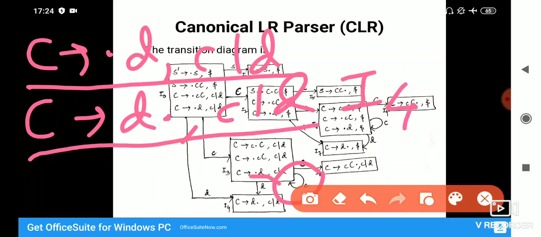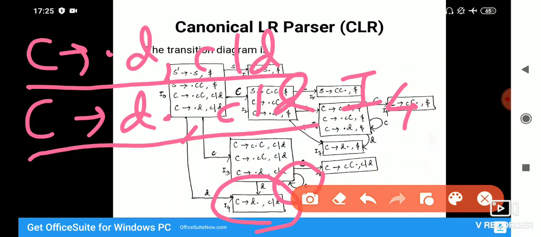So the movement is done over here and we point it to the I4 item set. So whenever we are getting an old item set, we are pointing to it. Whenever we are getting any new item set, then only we are creating that; otherwise we are just pointing to the old item set.